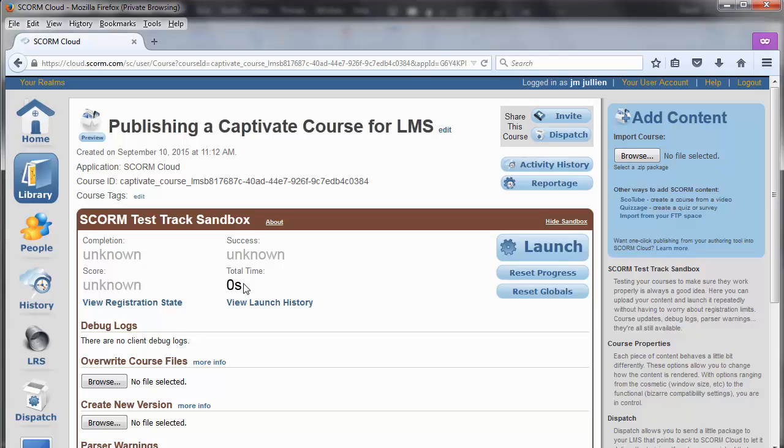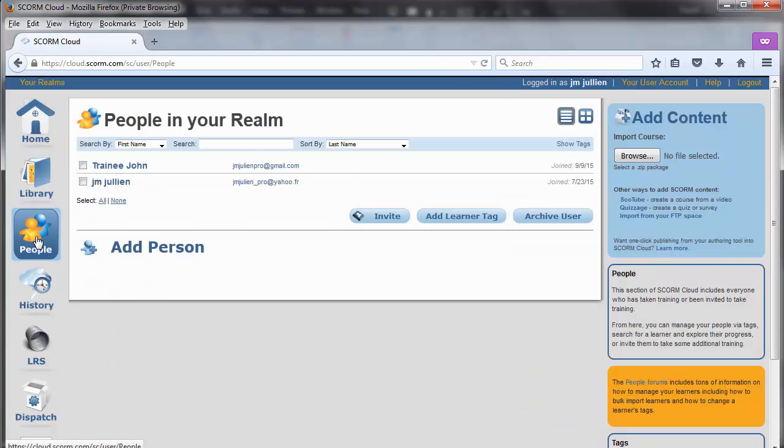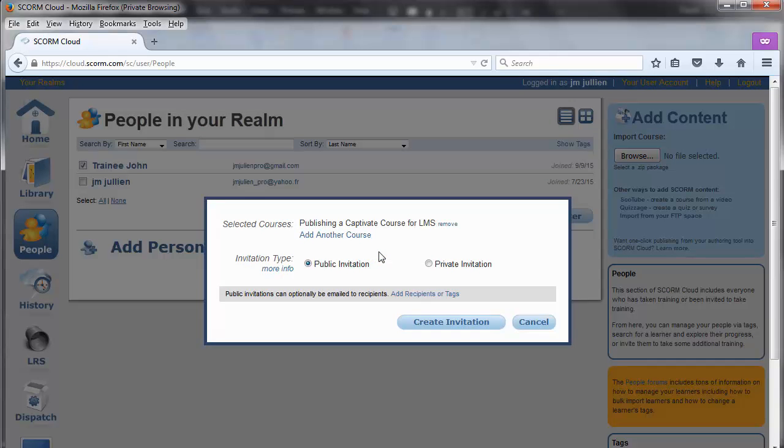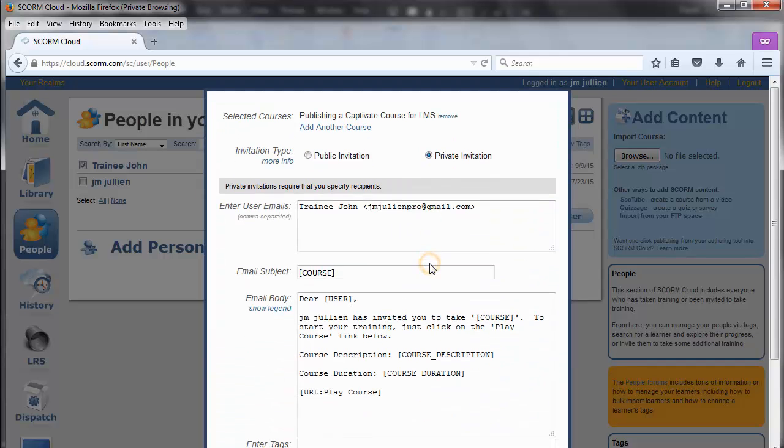To create this invitation, I select People, then the checkbox of the trainee profile, and click on Invite. I select the course uploaded, Private Invitation, and a form displays.